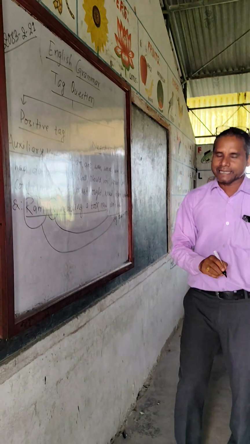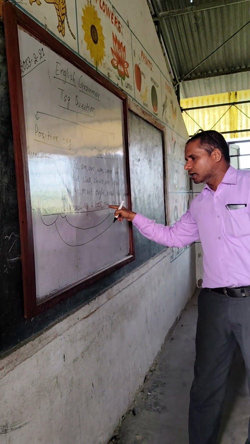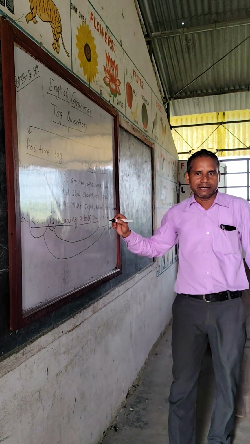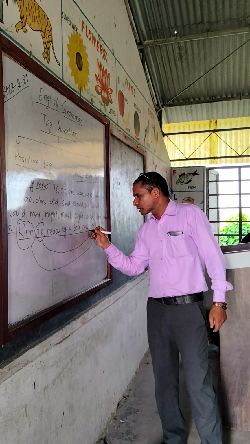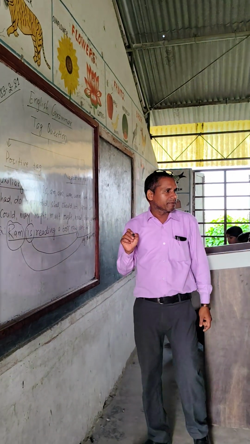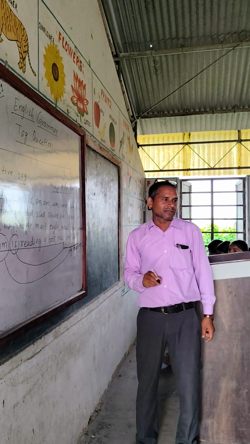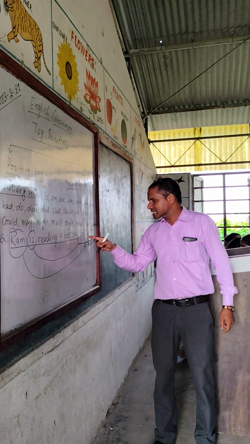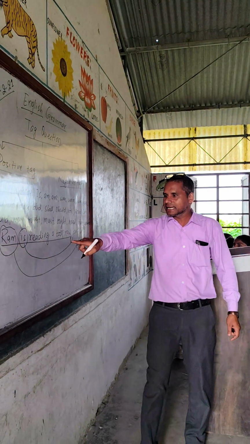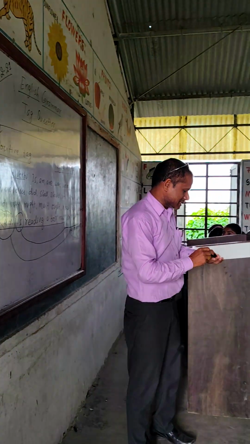We have two parts here. One is "Ram is reading a book now." This is the statement. Another one is the comma, "isn't he?" with a question mark at the end. This part is known as a tag question. Here the question tag is negative. The statement is positive, then the tag is negative. Now the next example.